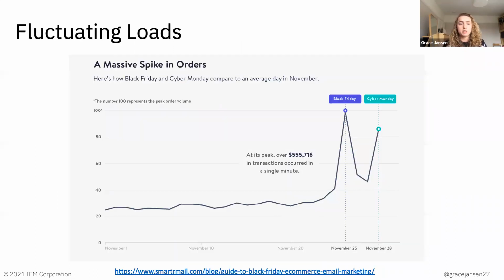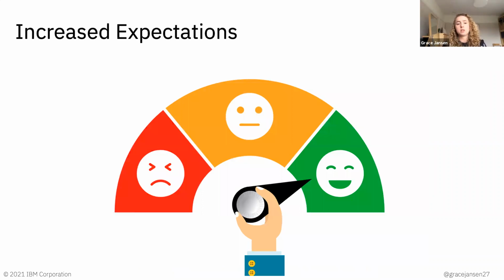So that leads me on to fluctuating loads. Some applications have fluctuating loads depending on, say, the day within the week or the time within the year. And our applications have to be able to deal with these huge spikes, both up and down, in terms of fluctuating load. And not only this, but users have an increased expectation of having the best service quality possible at all times, regardless of what's happening underneath. So we've got increased data, fluctuating loads and increased expectations, all of which our applications now have to deal with.